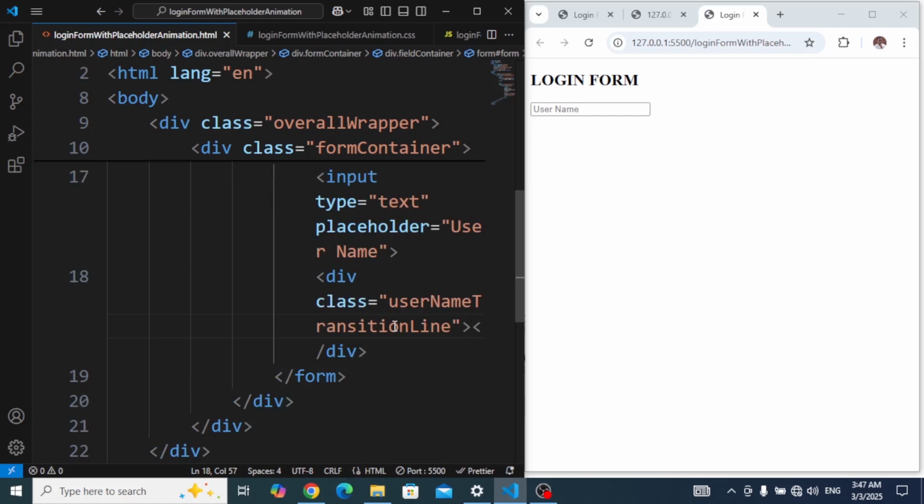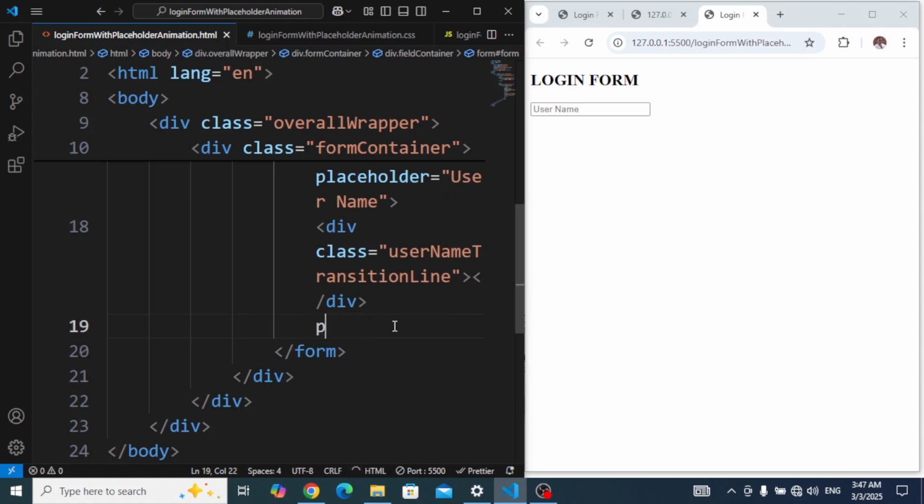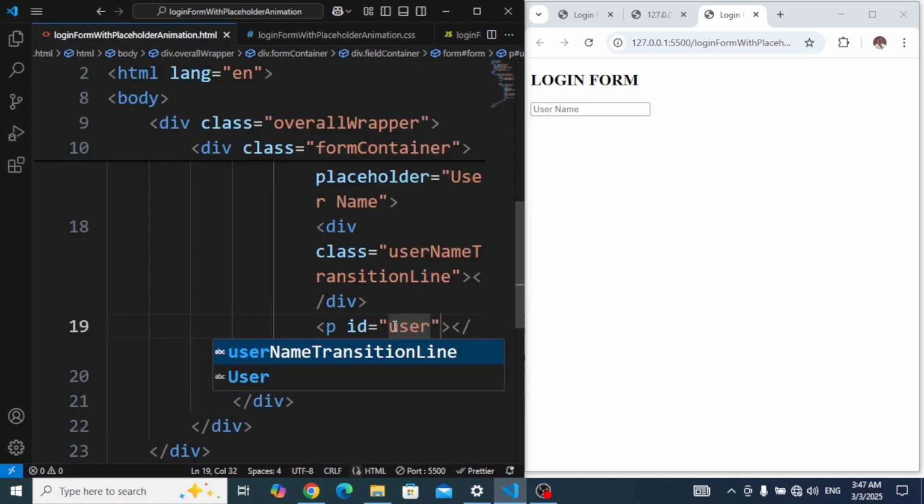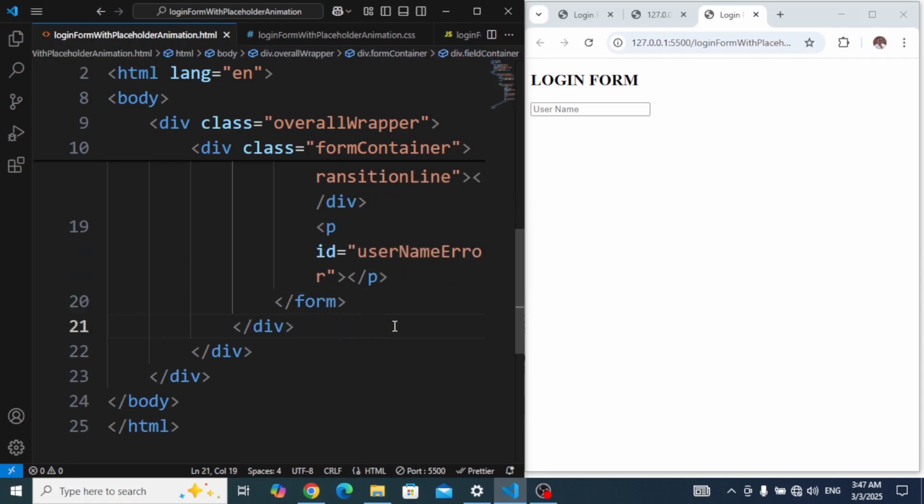So underneath the div titled username transition line will be empty. There won't be anything there. Then I'm going to create a p tag, which is a paragraph tag, and with an ID of username error. This will be responsible for the error message for username. So now that I am done with the